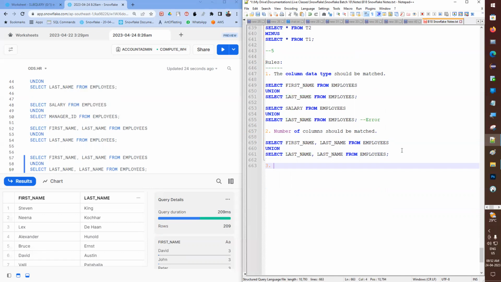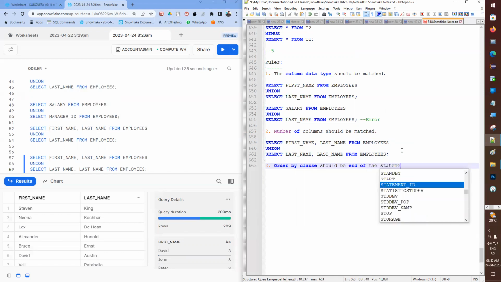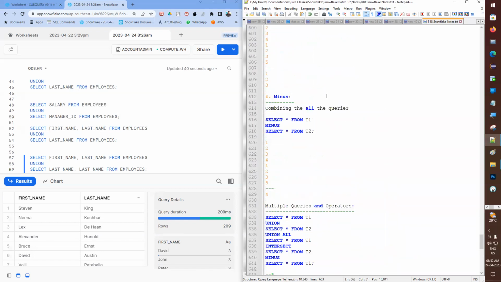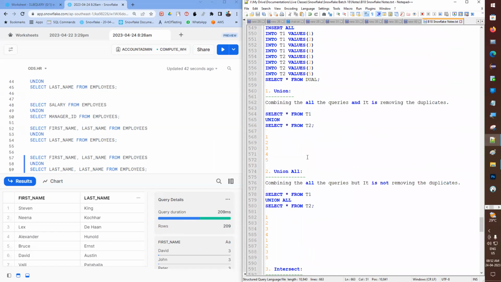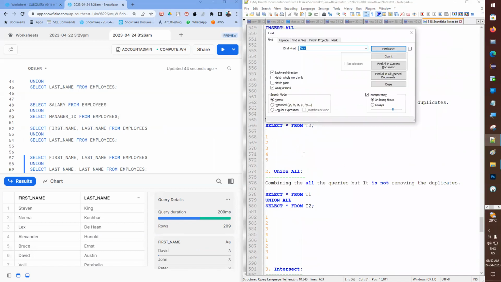So the third one is that the order by clause should come at the end of the statement. I already told you that the order by statement should come at the end of the statement. So when it comes to the order by clause, order by,